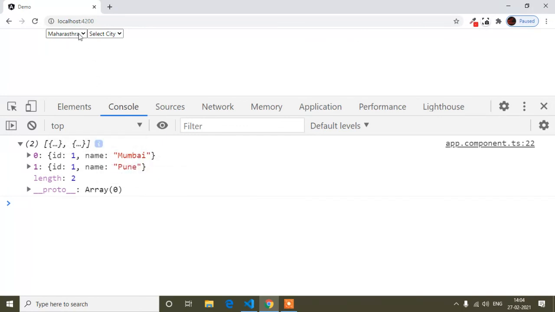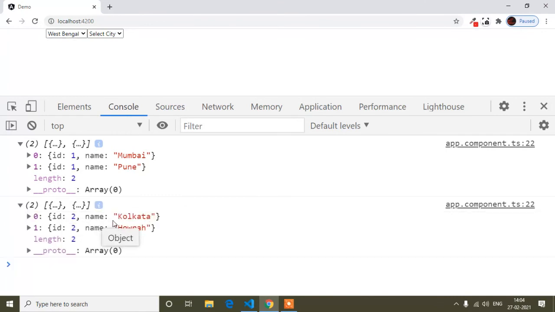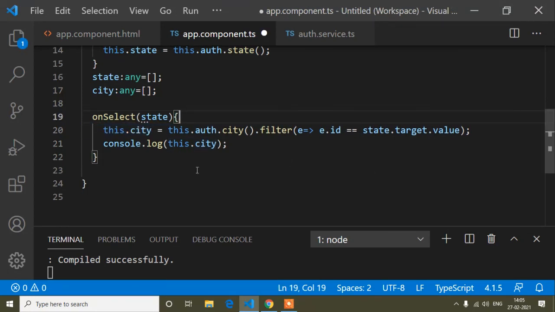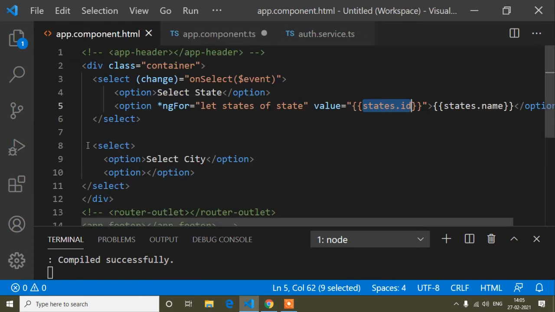because I chose Maharashtra. And if I choose West Bengal, you can see the cities showing are Kolkata and Howrah, because I chose West Bengal. But here it's showing nothing, because in this city variable I have stored our cities, and now I have to bind them in this city select option, or you can say drop down.